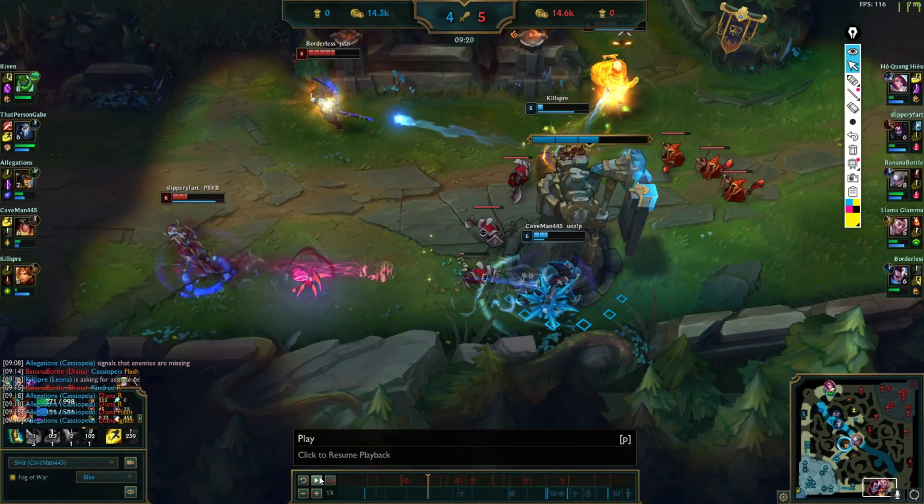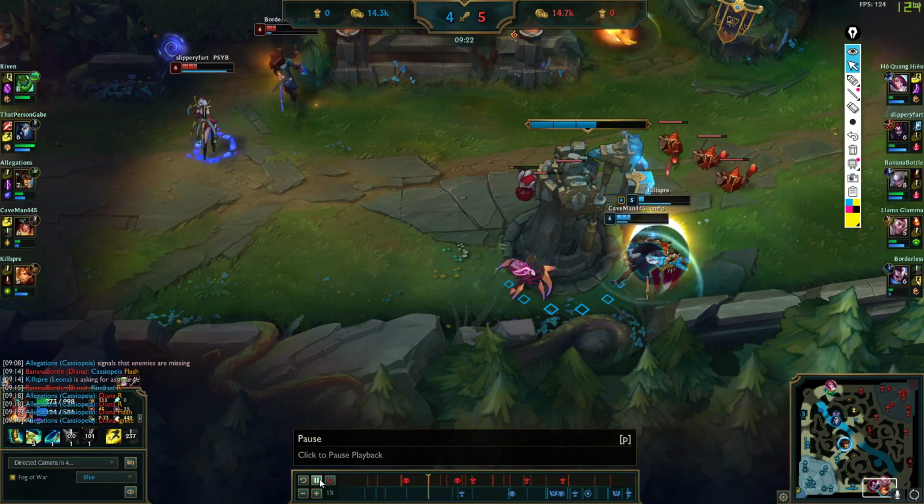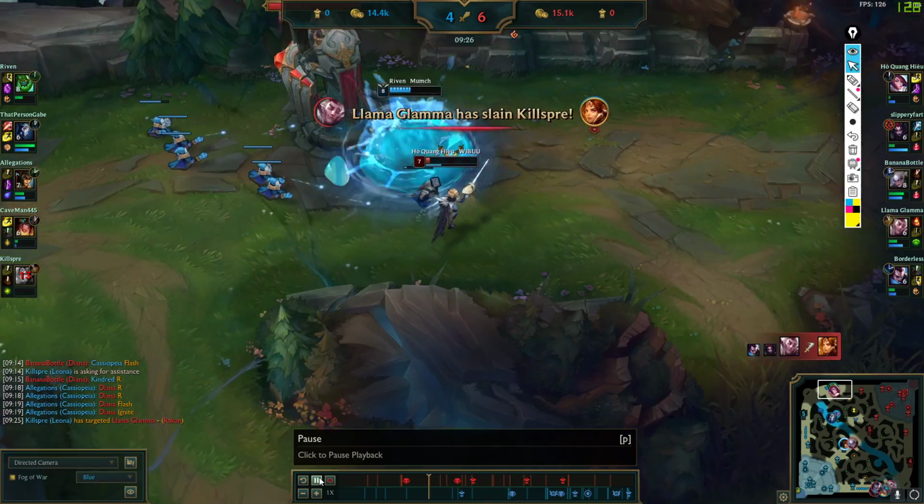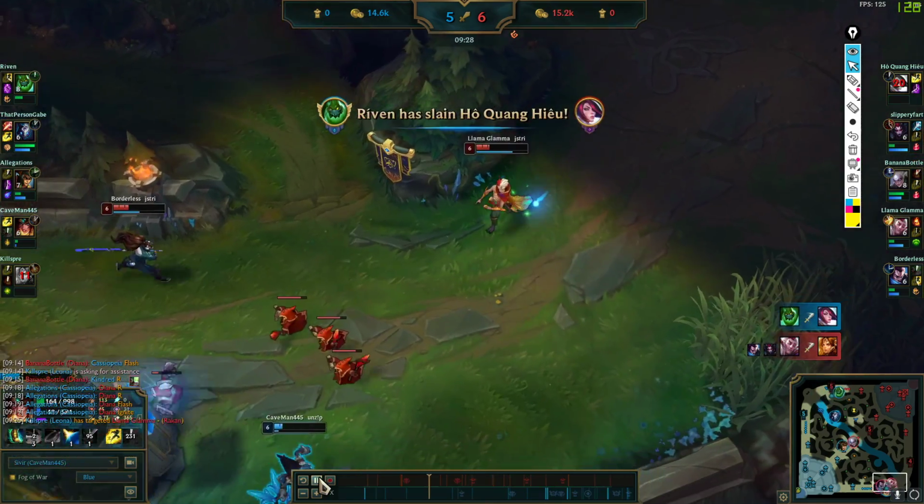Overall, you didn't do any bad mechanics. You had all the right target priority, making sure to target the champions that tank tower. They just bounced it back and forth really easily, and both of you end up dying for it. So it's just kind of unfortunate, but